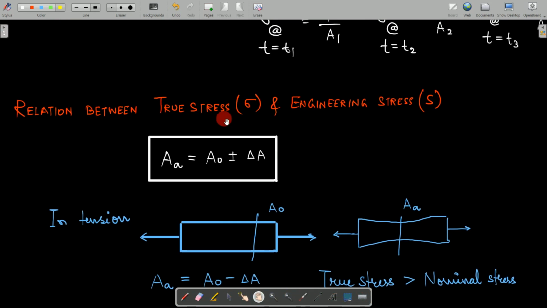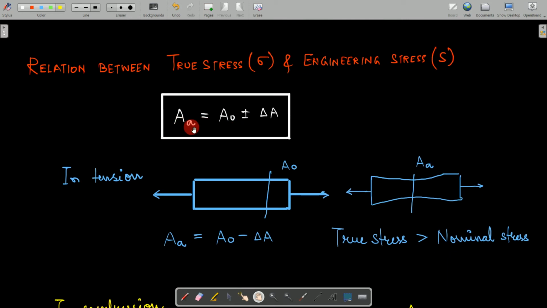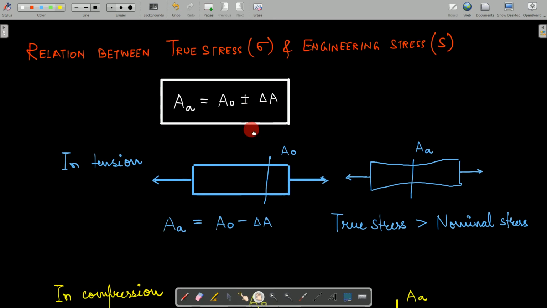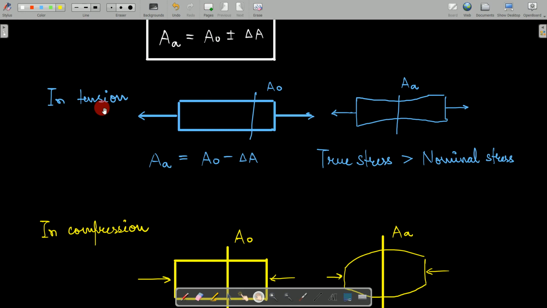Now, what is the relation between your true stress and engineering stress? We know that the relation between the actual area and the original area will be this. That is, actual area will be equal to A naught, either plus delta A or minus delta A, depending on whether you are pulling it or pushing it. So now let us consider we have a body which is subjected to tension. In tension, you know that the body gets elongated. So in that case, the area of cross section reduces. So if your area of cross section reduces, then we can simply write A actual is equal to A naught minus